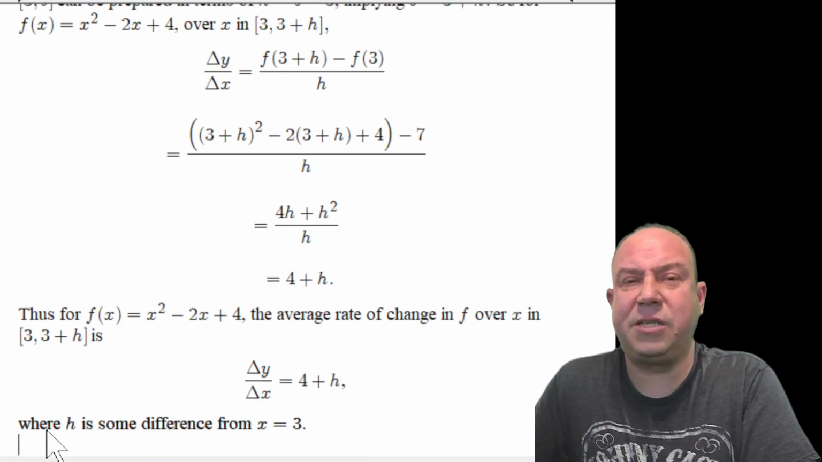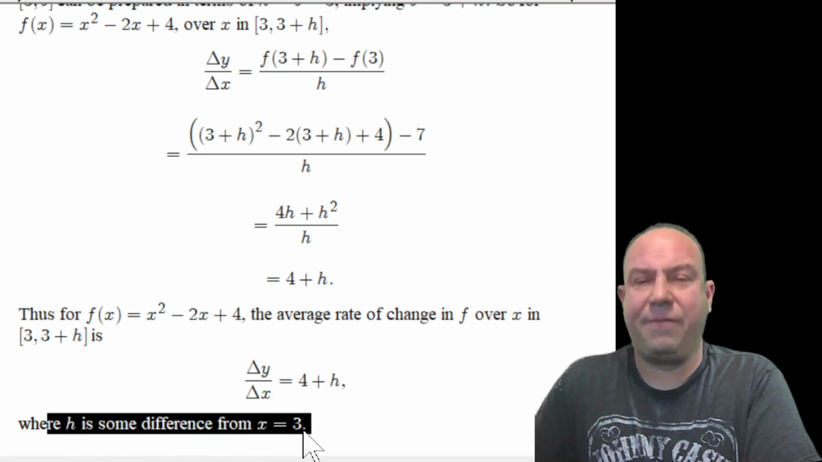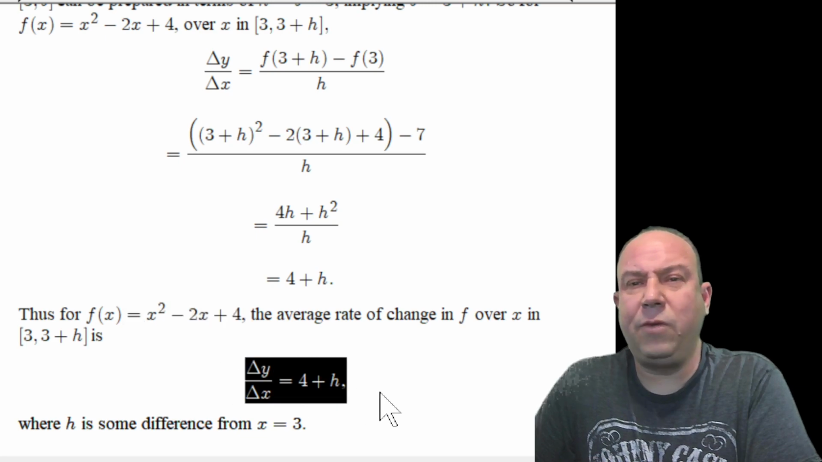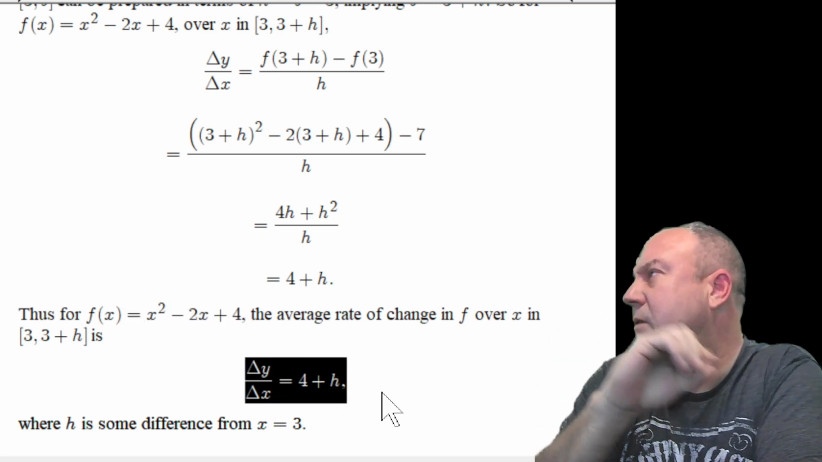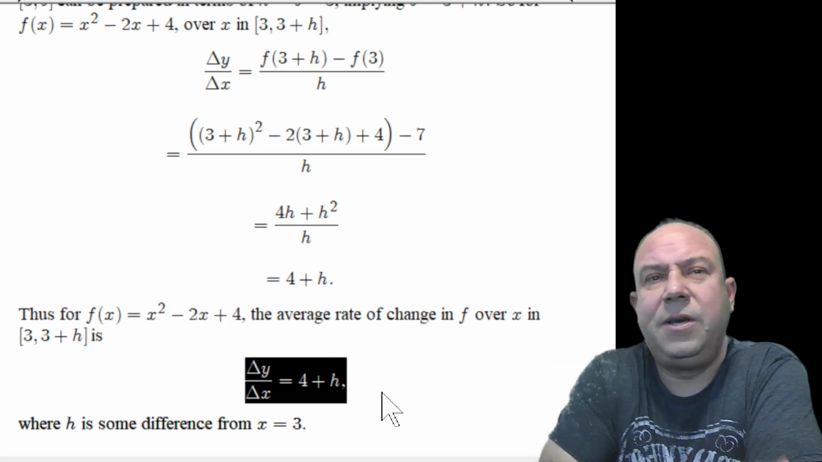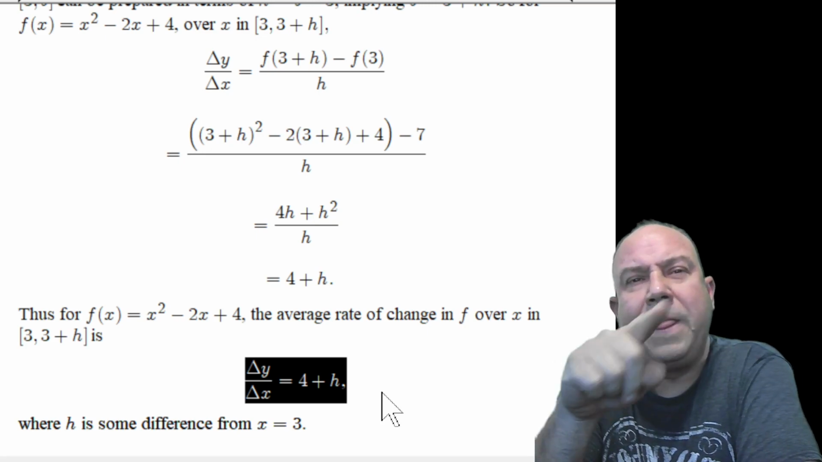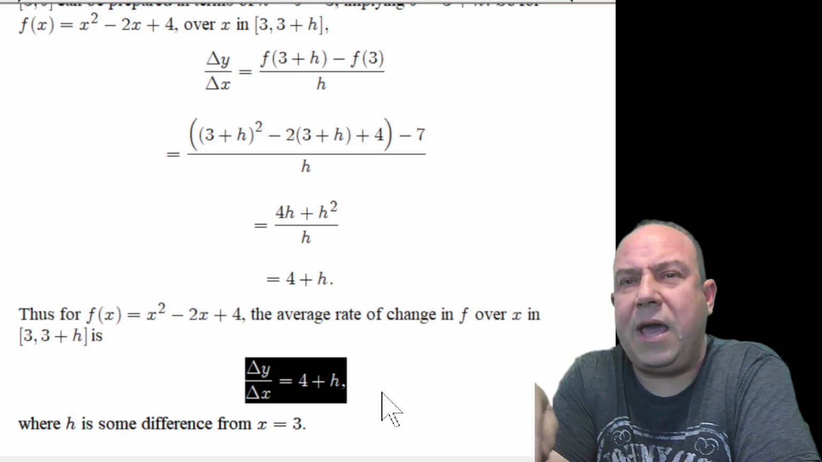Right. h is just some difference from the value of x equal to 3 in this function. And we can use this generic calculation in terms of h to calculate that average rate of change for any particular value. For instance, if we were 3 units away,